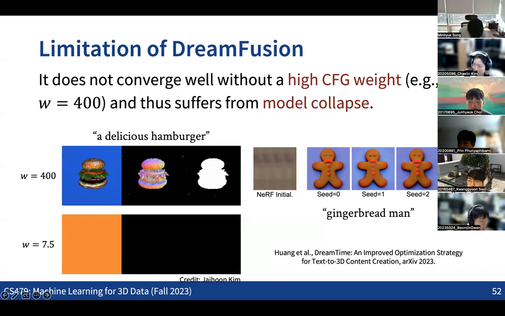As you can see, the typical outputs of the DreamFusion pipeline have some unrealistic appearance, which results from using a high weight for the classifier-free guidance. But that also helps it converge well, without getting into very empty or random outputs. So there are pros and cons in terms of controlling the weight.